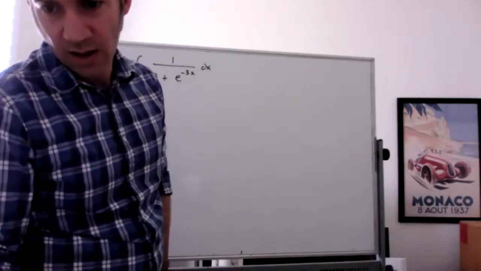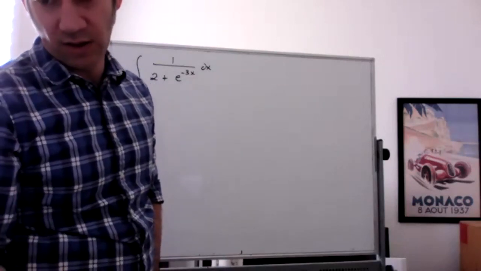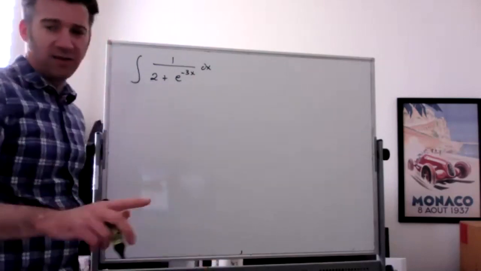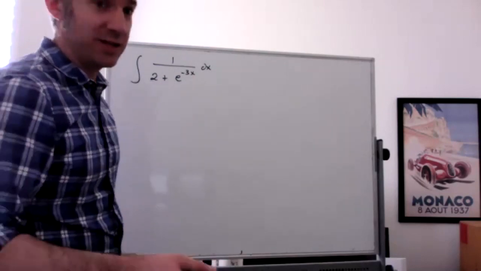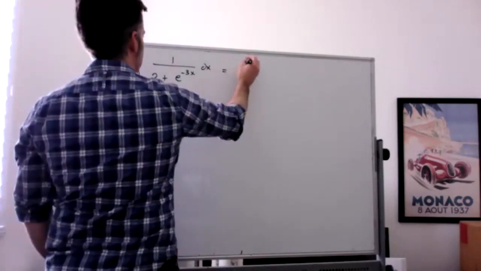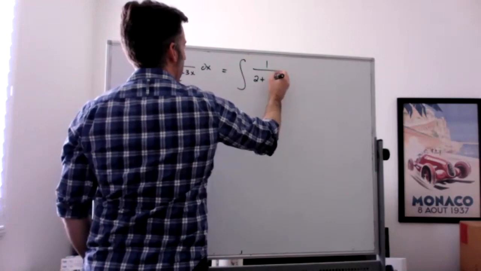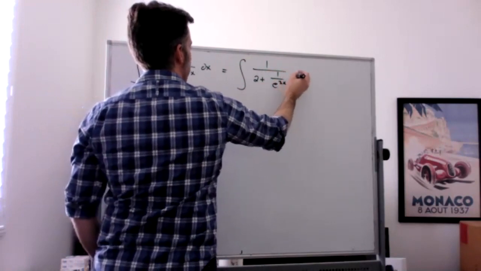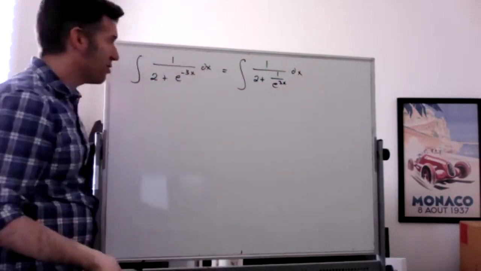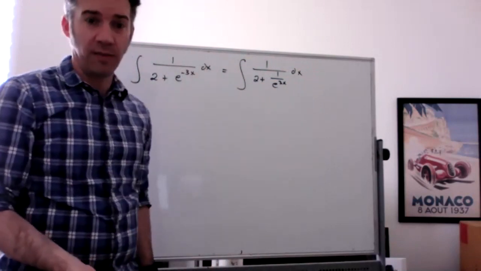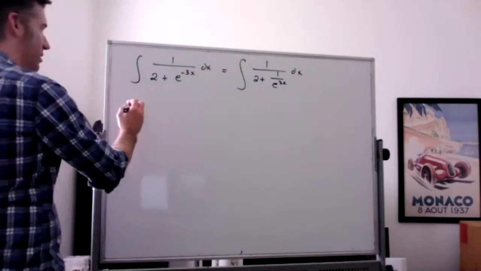oh, interesting. I'm looking at these notes here, and there's actually a slight error in the notes, which is fine. I'm going to fix it here, but maybe the answer is not going to look quite as different as I thought it was. So we can rewrite this as the integral of 1 over 2 plus 1 over e to the 3x. Okay, that's not looking great so far, but now let's get a common denominator in the denominator. So I'm going to write this as